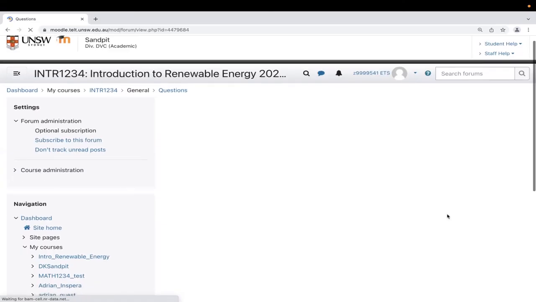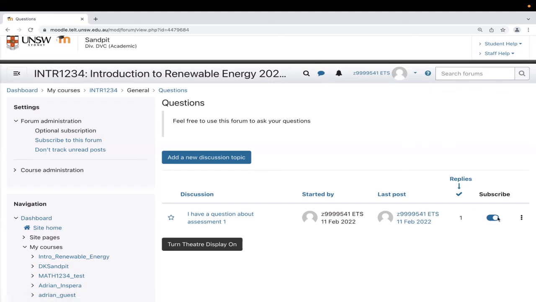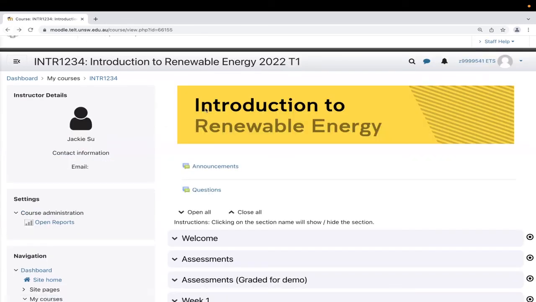For other forums, you do have a subscribe button, which you use to subscribe to posts. So if you notice that there is this subscribe button in your announcements section, then just tick these to get emails for things made there.